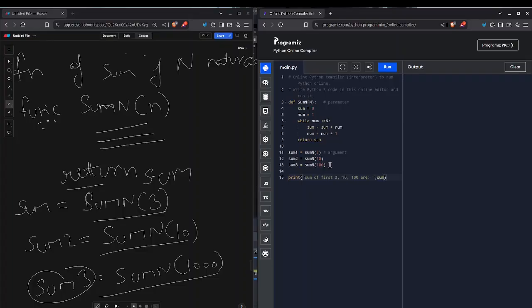If we want to print a variable and a string in the same line, then we use a comma, and sum1, then again comma sum2, again comma sum3, and let's hit the run button.